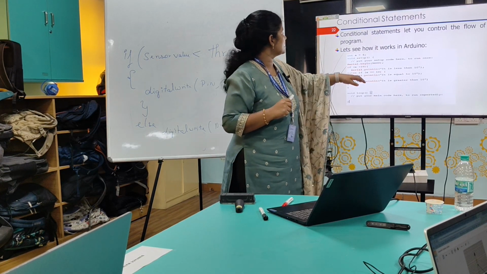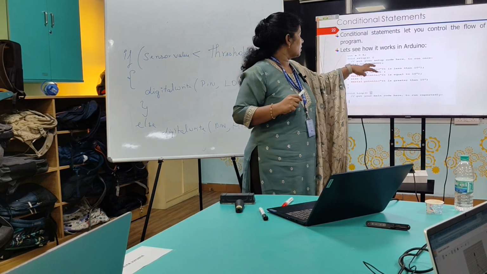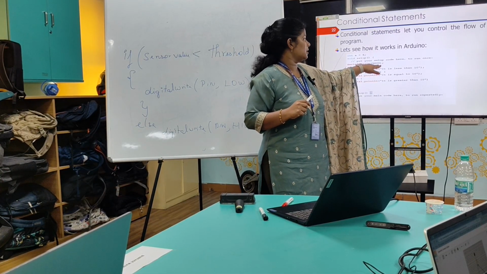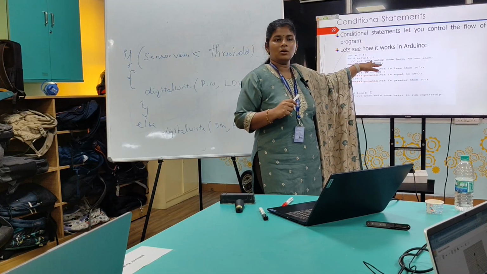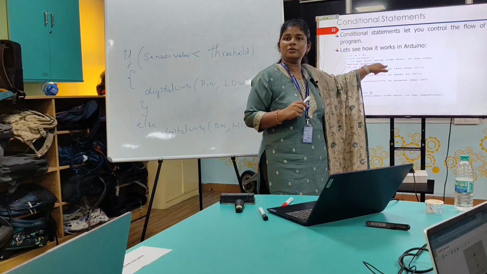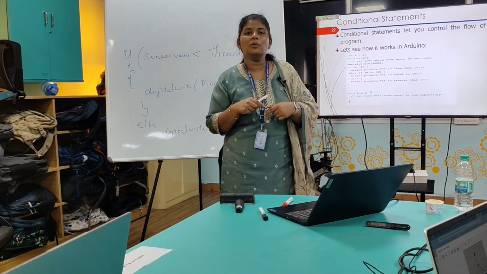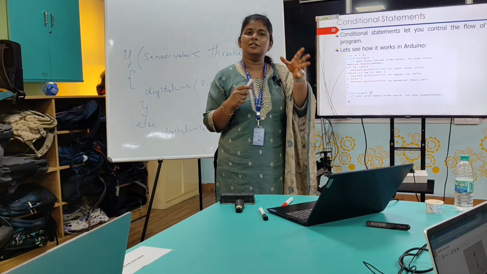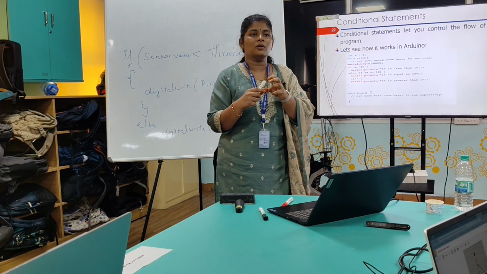What happens in serial monitor is, we are going to access that serial monitor by this baud rate 9600. As soon as you write Serial.begin(9600), it's going to activate the serial monitor for us. So you can think of this as virtually having a display for your microcontroller.